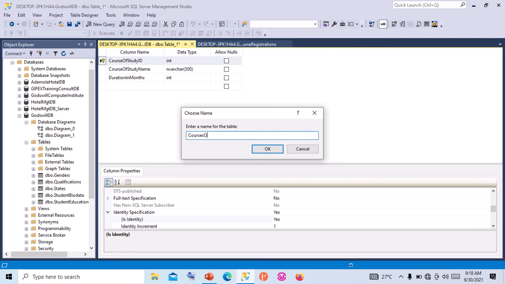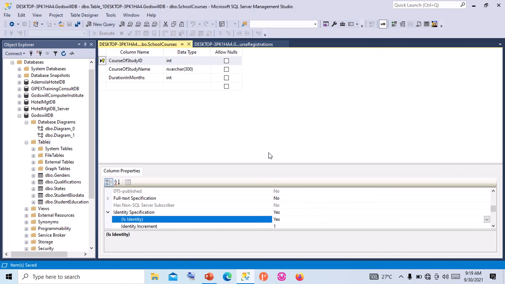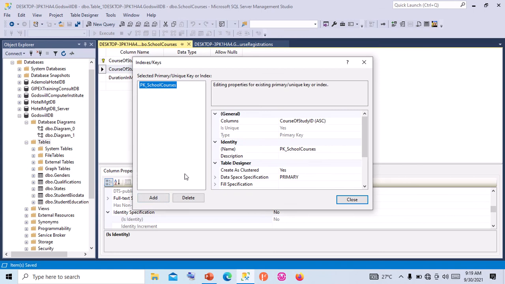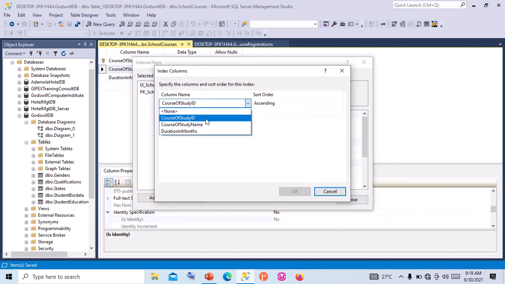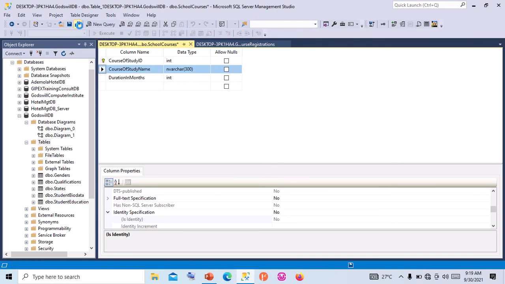Courses of study, let's just call it school courses. Okay. Have we done a unique key on course of study name? We need to add type unique key, course of study name. Now